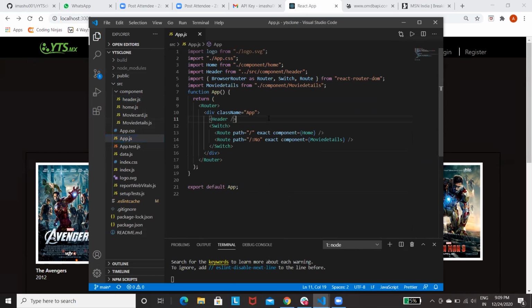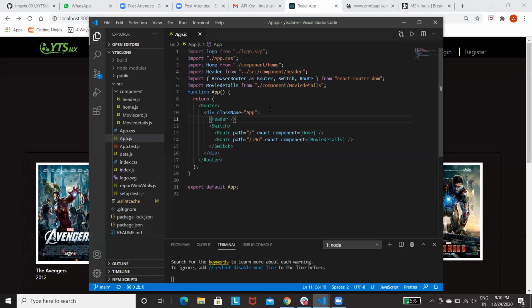So app.js has just a path and what to render for whatever the path is. Header is for every page, and after that I used React Router DOM and the Route tag to link it according to the URL.